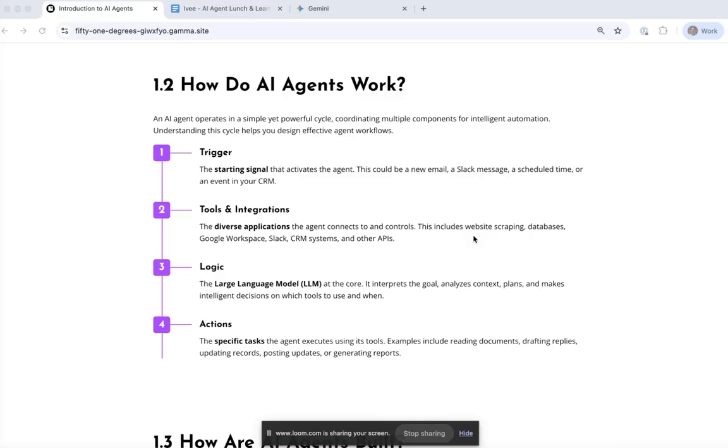What happens next is essentially, and some of this happens iteratively, so it goes around and round and around. But what happens next is some logic is applied to the information that's been captured from those tools. And then finally, at the end of the whole process, the AI agent produces an action. And so that action might be to send another email back out to somebody else, or to send a Slack message with something, or to produce a report, or various different mechanisms to finish that process.